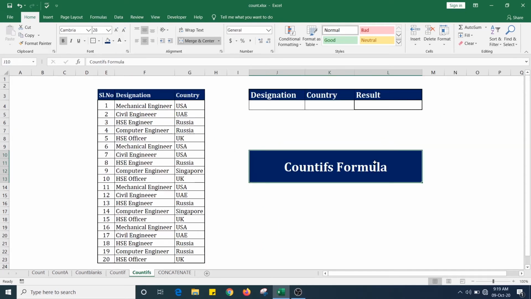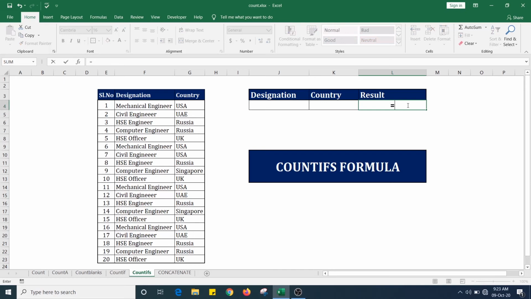COUNTIFS formula. Viewers, in this datasheet I will show you how the COUNTIFS formula works. Before I use the formula, I want to clarify the data first. First of all, I want to know how many mechanical engineers belong to the USA. I want to know that. This is my datasheet: serial number, designation and country. So here I want to get the result equals